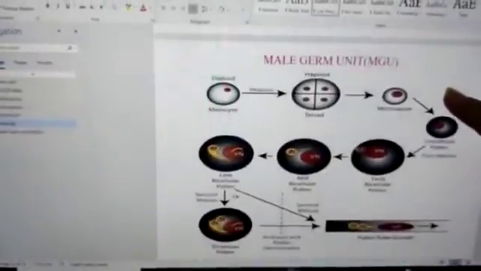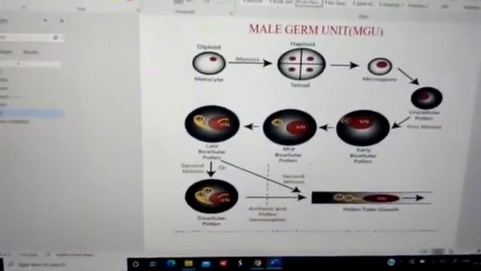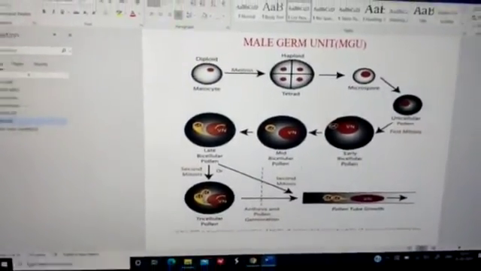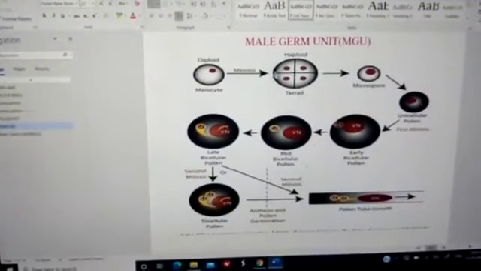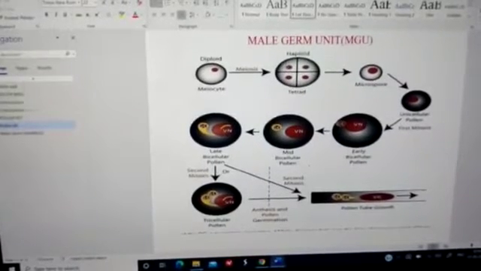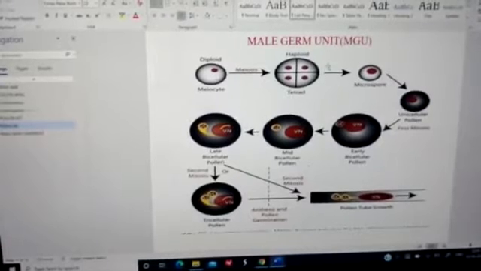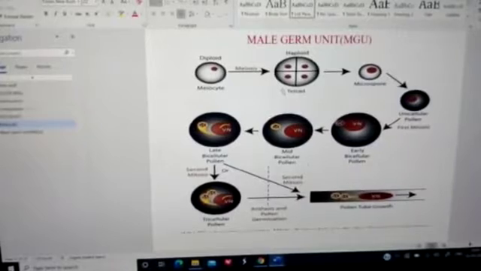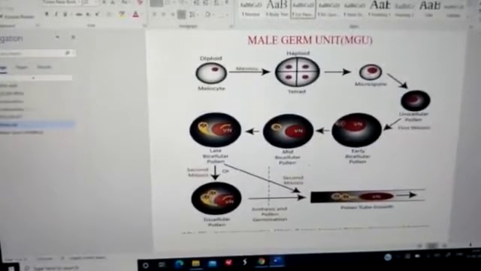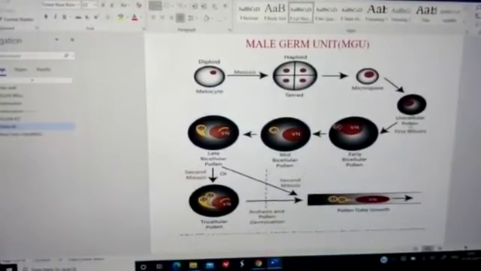And in the next slide we can see how the meiocyte divides. The meiocyte divides by meiosis, and as you know, the result of meiosis is four cells, that is, the diploid structure is converted into a four-celled haploid mass called the microspore. And then the microspore is a unicellular cell. We can say it is a pollen grain or microspore.